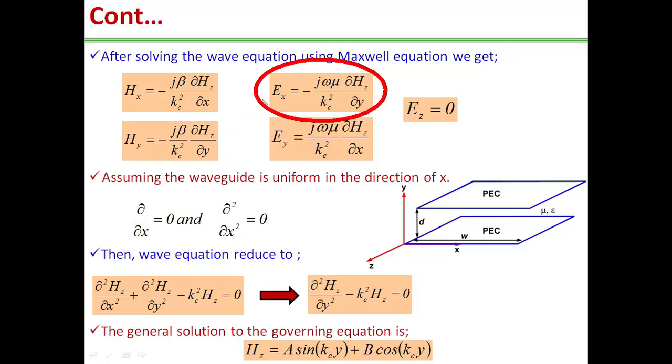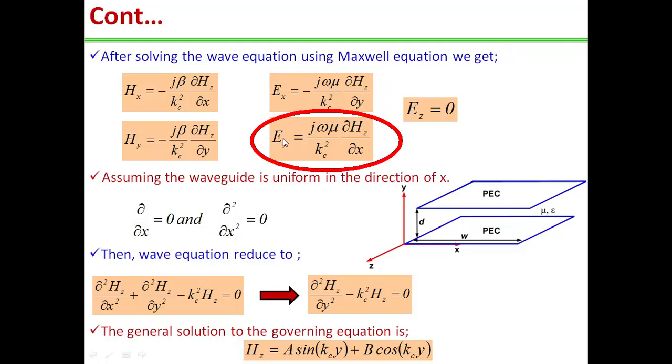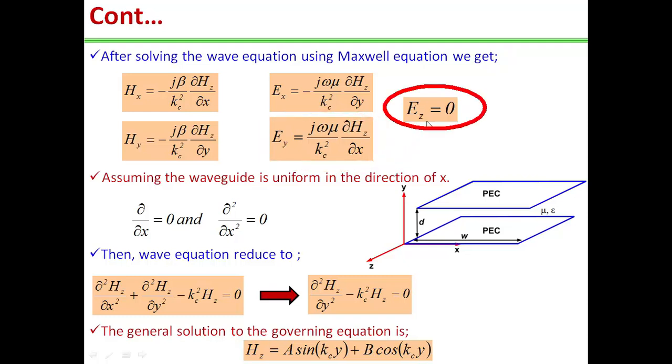The electric field component in the x direction is equal to minus j omega mu divided by Kc square del Hz by del y, and the electric field along the y direction is j omega mu divided by Kc square del Hz by del x, where Ez is equal to 0 because it is transverse to the direction of